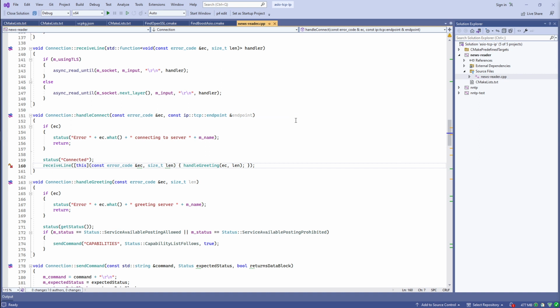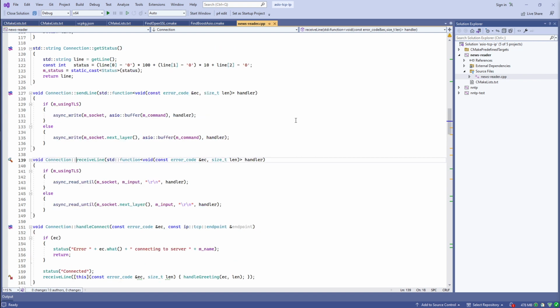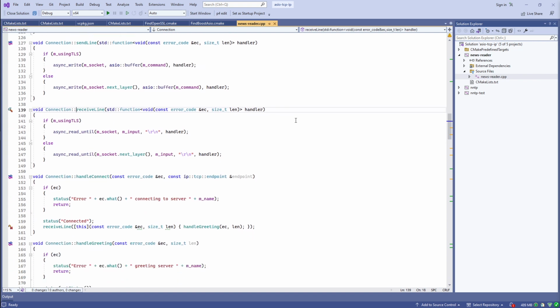And in NNTP, the first thing that happens when you connect is the server sends this greeting line. So we need to receive a line from the server, and having received a line, we need to handle whatever was in that greeting. Let's just take a look briefly at receive line. So we're going to invoke this async read until, which is a handy